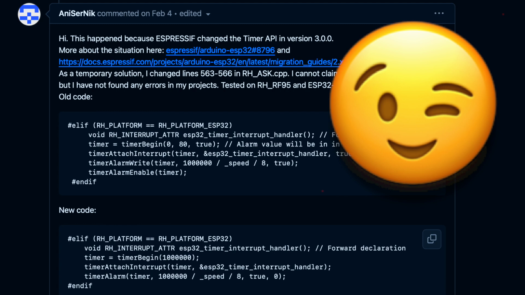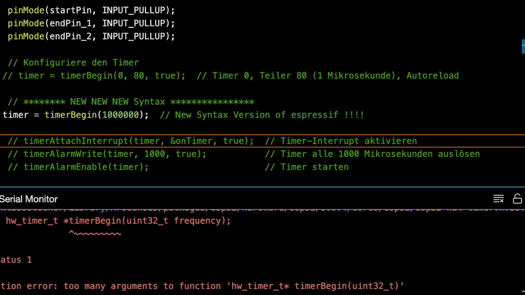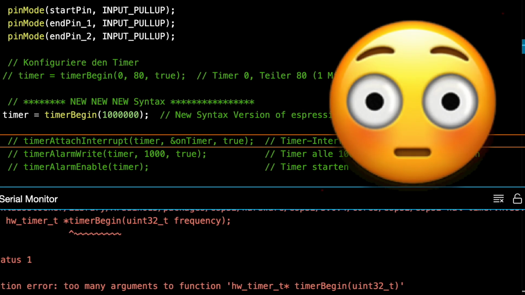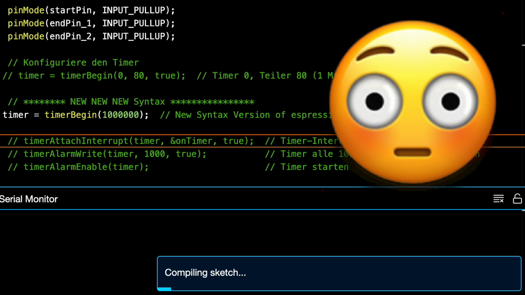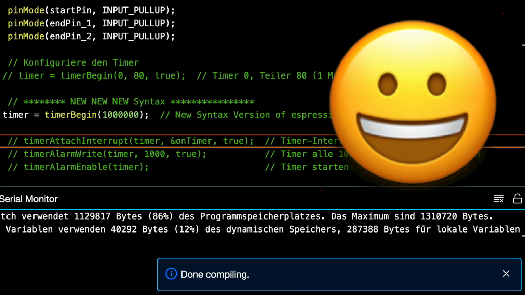There is somebody who tried it already, being courageous enough to publish what he found out, even when not completely sure. We have to specify the frequency in hertz. Great, I'll try that out with my code right away. Now it's getting exciting, because I tried at least 10 other things before with no success. So far it's looking good. Great. Applying the small change, I can compile my original code.